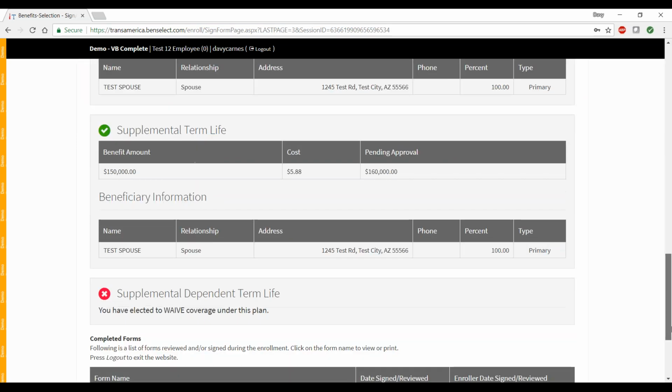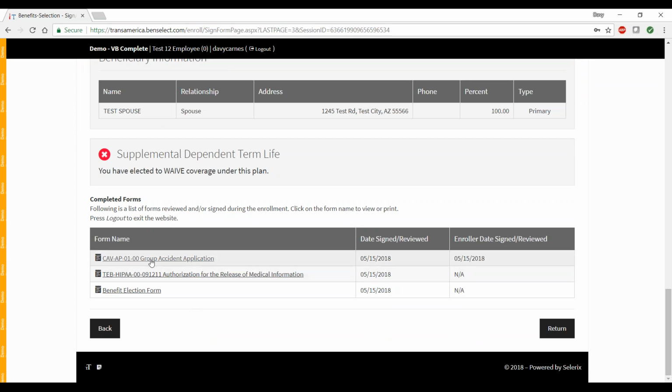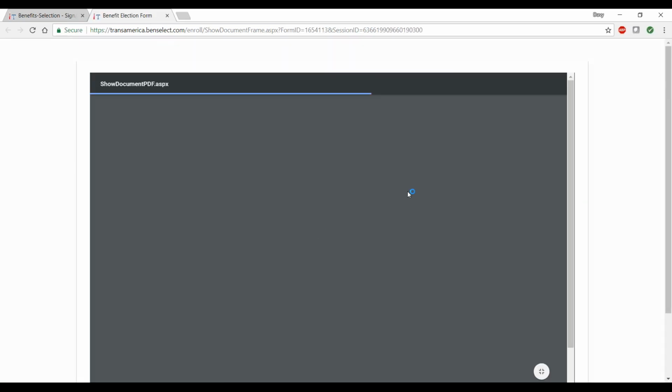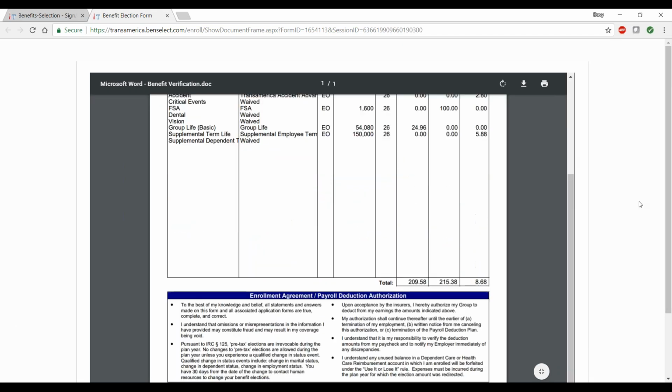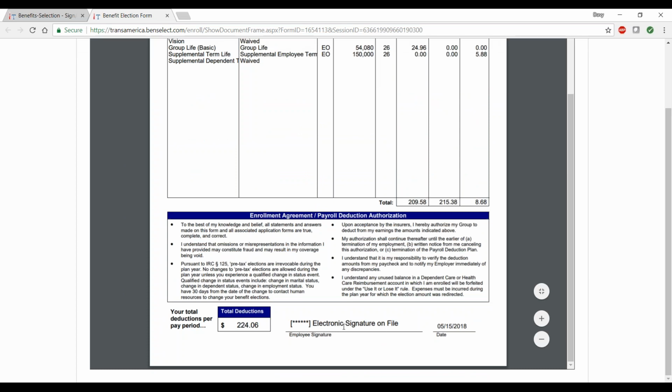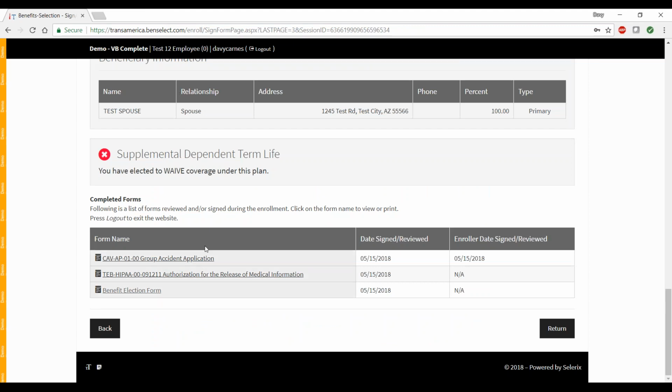All of our elections are recapped. Down at the bottom, we have access to the different forms that we signed. These will be available in the site from now on. So if the employee wants to come back after open enrollment or after their new hire enrollment window and they want to download the form, it's a PDF. So it's whatever I can do with a PDF, whether I want to print it, save it, email it. It's up to me. Electronic signature on file, date was completed. So we're done